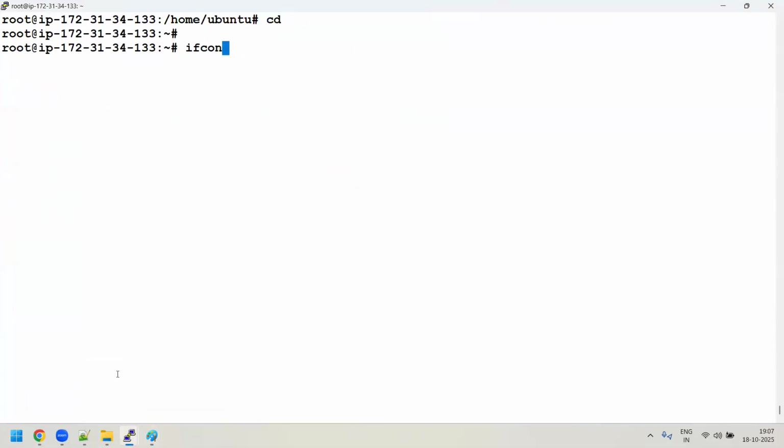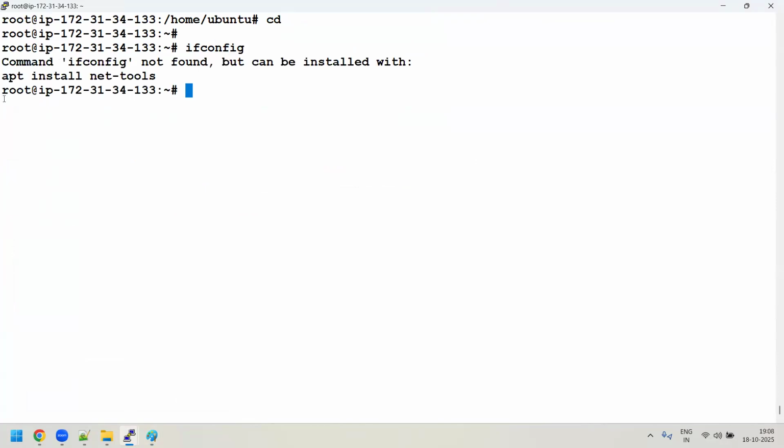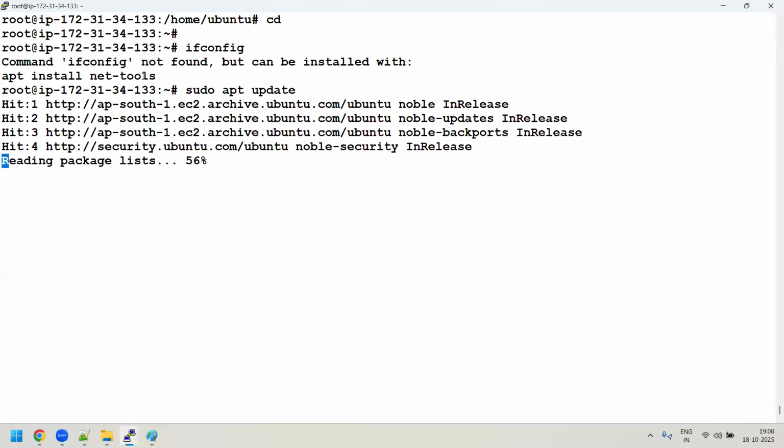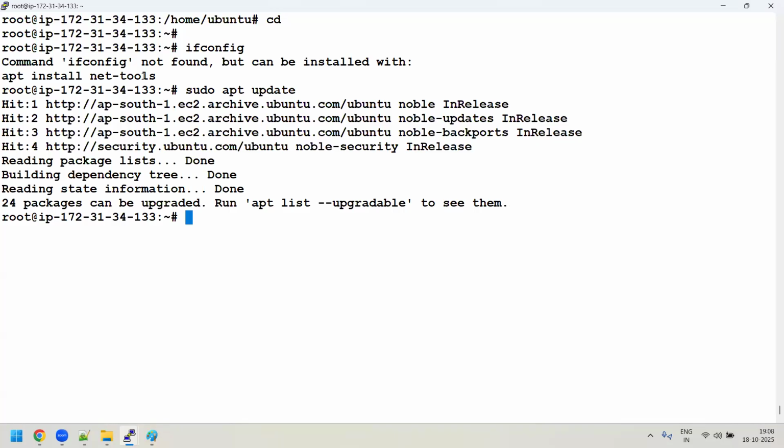If I run the ifconfig command and this command is not there, it says command not found, and you have to install this package, sudo apt install net-tools. So first do a sudo apt update. So guys, now just watch it. Later I will discuss all these package manager commands. Now just watch what I'm doing. sudo apt update, and after that I will install sudo apt install net-tools, and I'll add -y, which means yes.